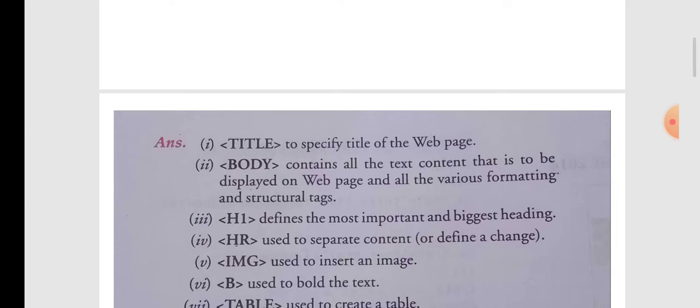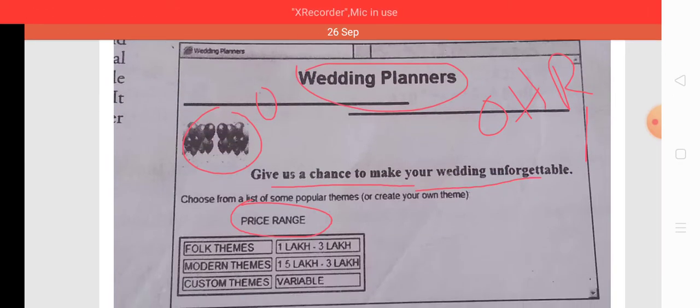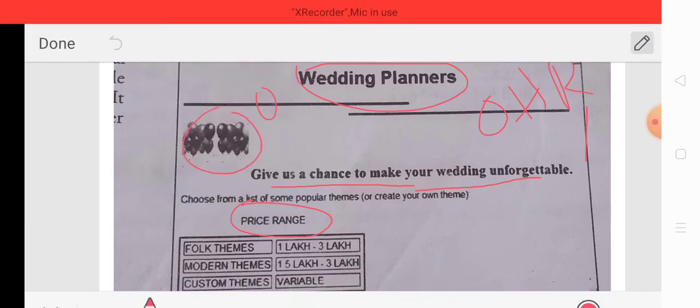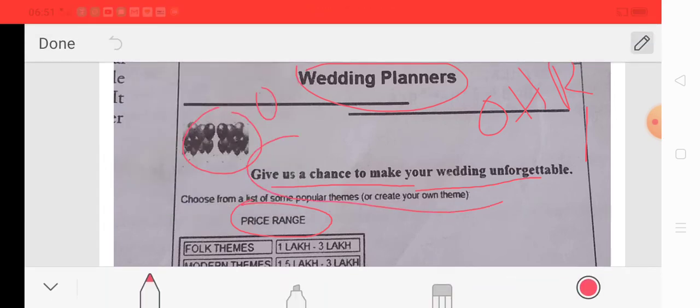Then an image is there, so the img tag must be used. It is used to insert an image, as we know the img tag is used to insert an image. Then you can easily see that in whatever we write in this paragraph, this data, give a chance to make your wedding unforgettable, obviously differs from the rest of the paragraph, that is, choose from a list of some popular themes or create your own themes.